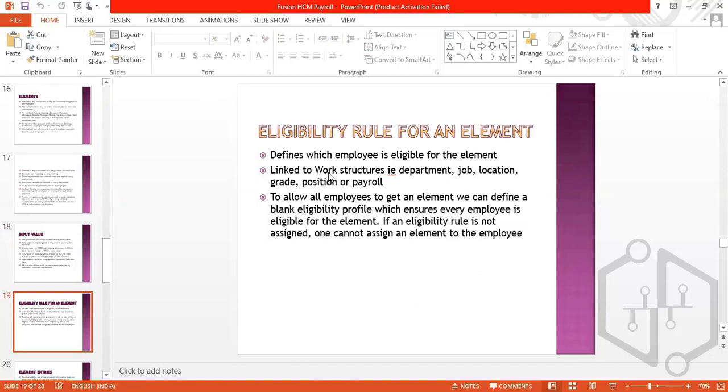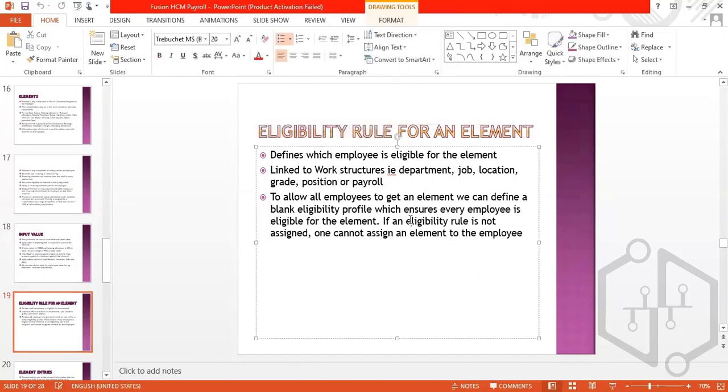Suppose I create an eligibility profile. If an employee is eligible for an element, you will be getting that element. The eligibility profile defines which employee is eligible for that element. So if you are not eligible for that,